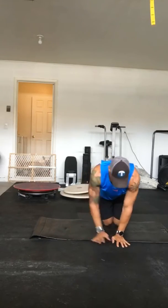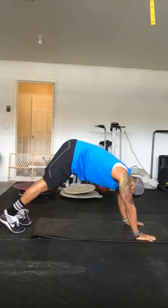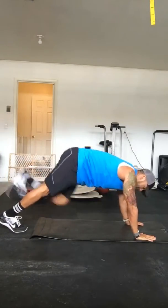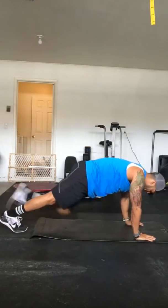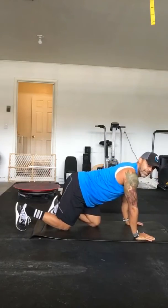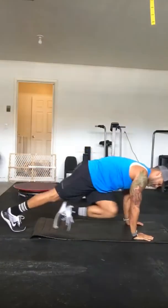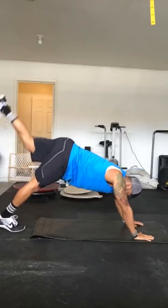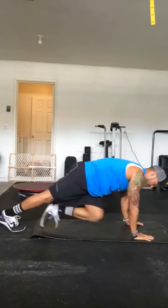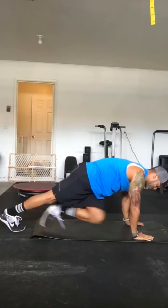Knee to opposite elbow. So, I'm gonna do my little down dog position. I'm gonna take this leg, right leg up, come up, cross it to the left knee. Boom. Just like that. Here we go. I'm gonna try to keep my left knee straight until I switch sides. How I want to set that up